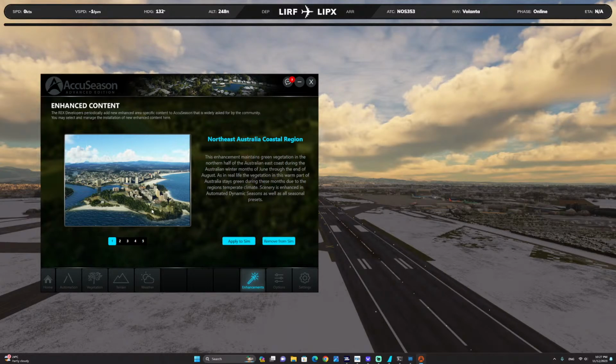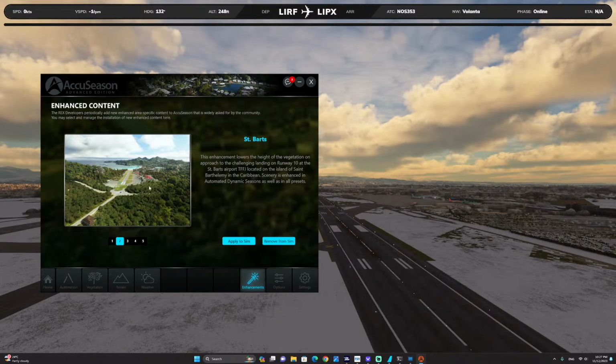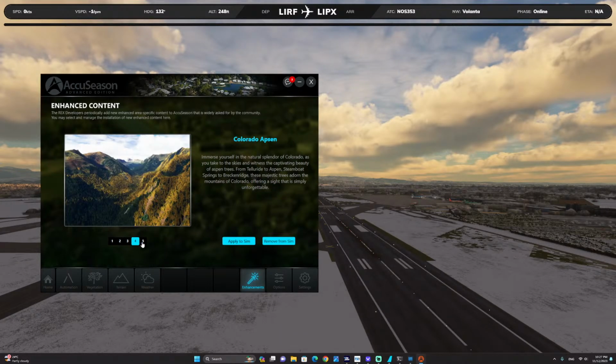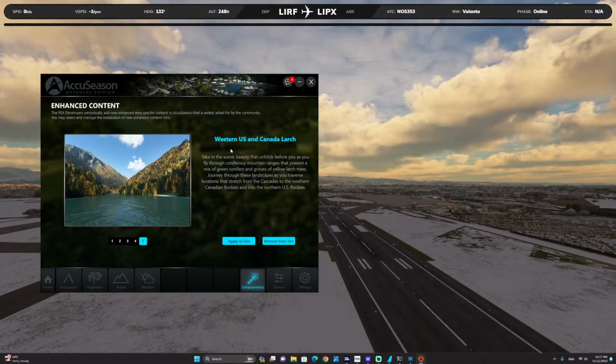Again, very, very nice for certain areas. You've got the Florida southeast coastal part, Colorado, Aspen, and the western U.S. and Canada large. As you can see here, it creates some really breathtaking areas to visit in the sim.